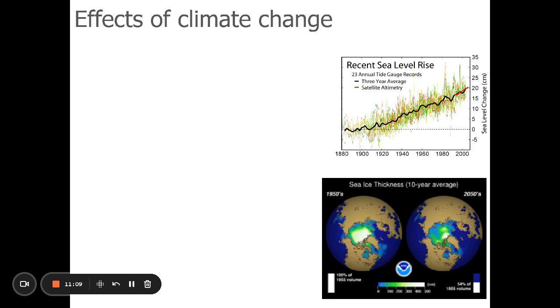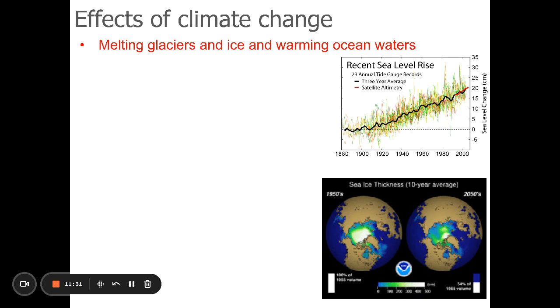So let's talk about the warming of the earth. Because sometimes people want to say, well, it's only 1.5 or 2 degrees Celsius or 3 degrees Celsius. Doesn't seem like a lot when we just say the number. But it has a big impact on all sorts of different things. So we could talk about some of those.